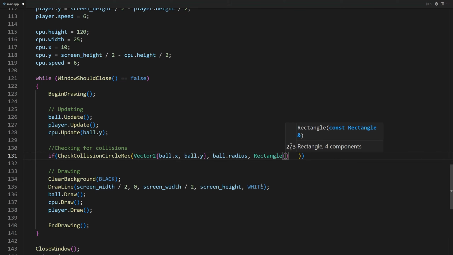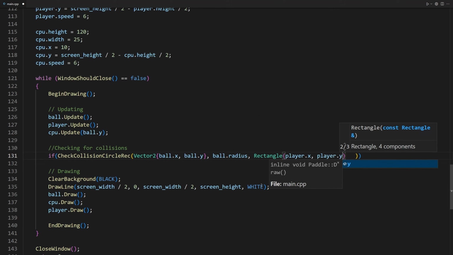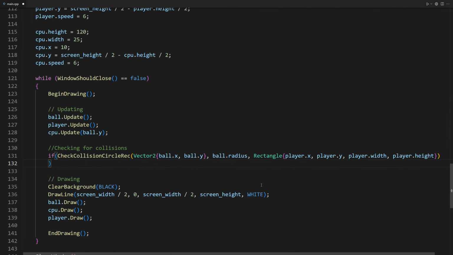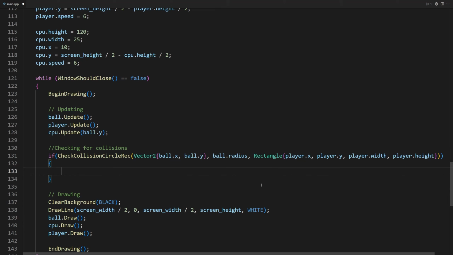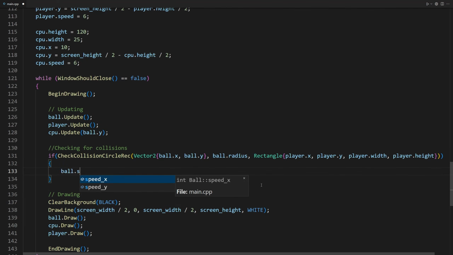Let's check for a collision with the player paddle. All we have to type is Rectangle, curly brackets, player.x, player.y, player.width, and player.height. If the function returns true, we have a collision with the paddle, so we have to reverse the speed of the ball in the x direction. We just type ball.speedX *= -1.